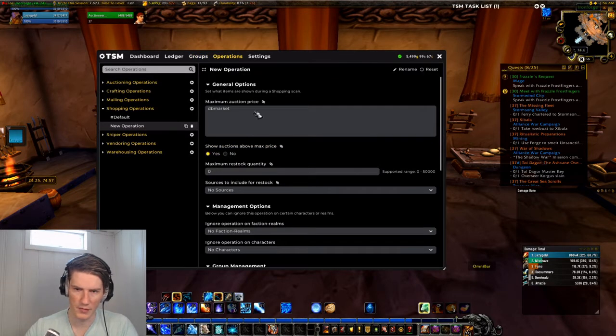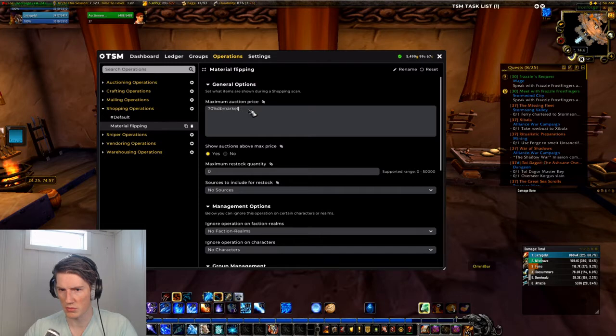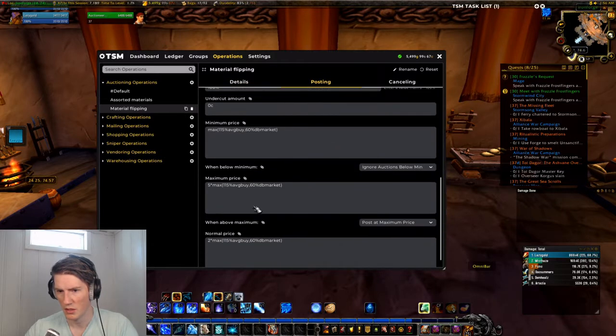Material flipping, and we'll be on the safe side. We'll say 70% DB market. We want a slightly higher profit margin. So then you just look to buy items up to a maximum of 70% of the market value, and then I've already made the posting operation for this, where I'm willing to post it at the minimum of 15% more